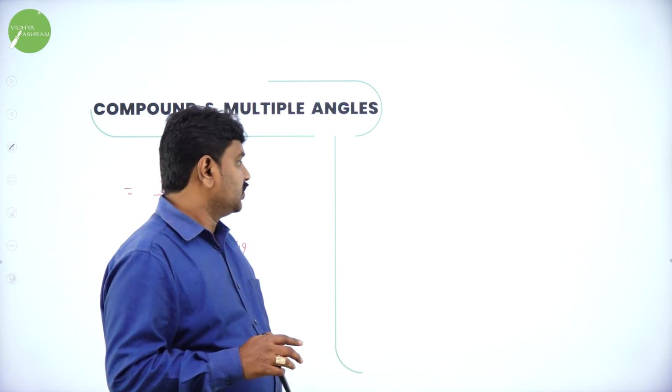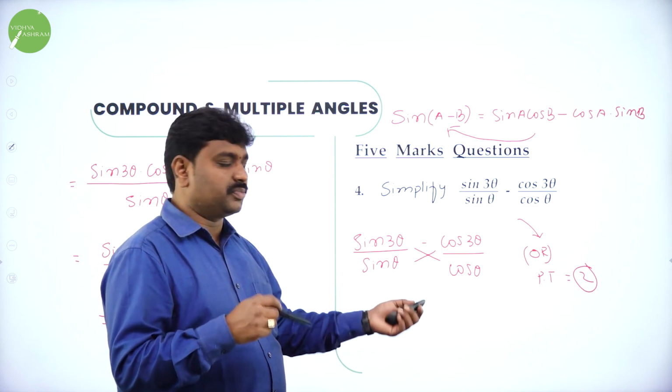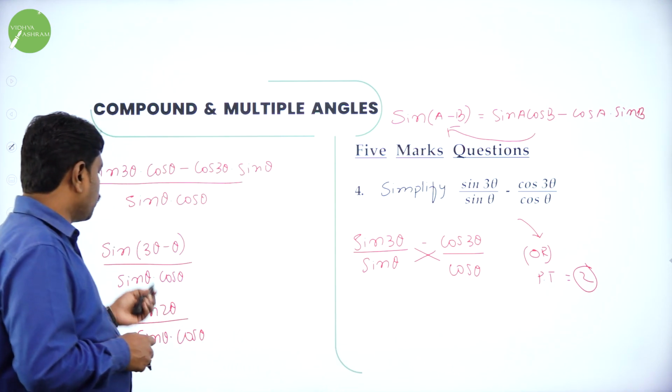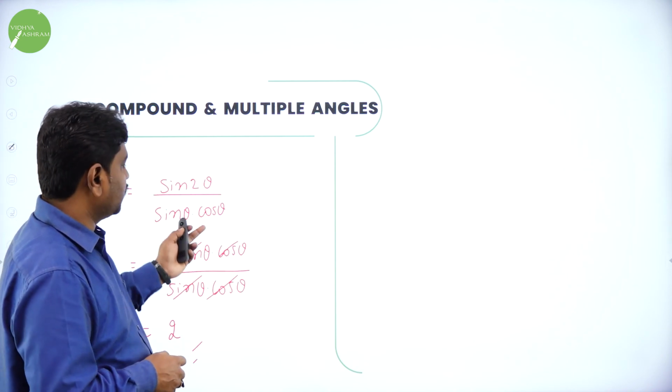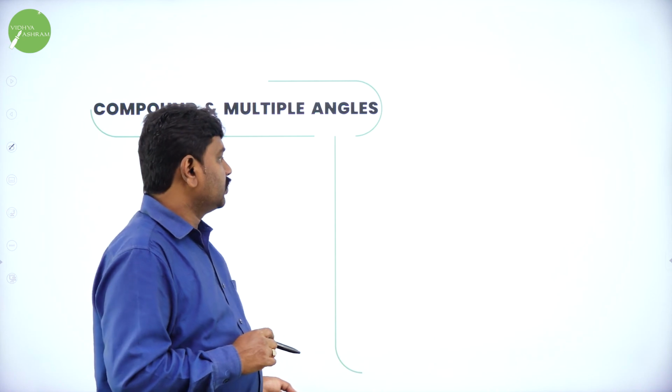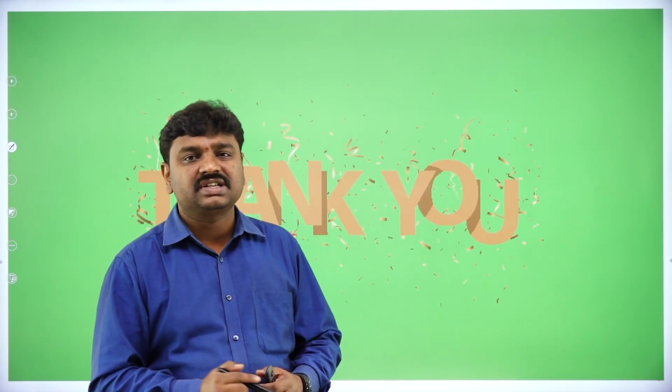There are two methods. One method is to write the sin 3 theta and cos 3 theta formulas, take cos common and simplify. The other is to convert it into a compound angle. That will be better and easier. It will become sin 2 theta, and you rewrite sin 2 theta and you will get the answer. So now we are done with standard problems of compound angles, and using that we derived multiple angles. Today in class we have derived sin 3 theta, cos 3 theta, tan 3 theta. All three are most important. Remember the formulas and practice the problems. I'll see you in my next session. Thank you.